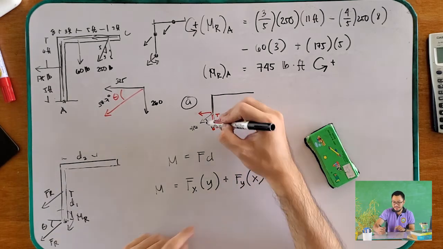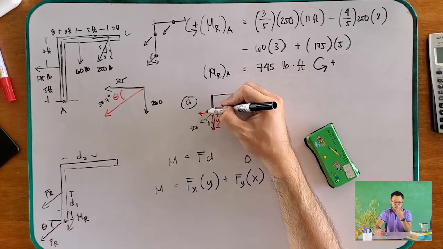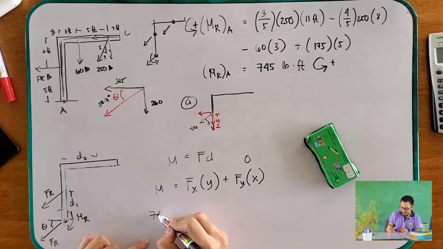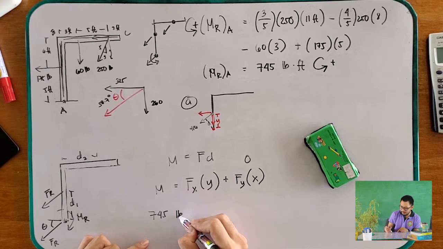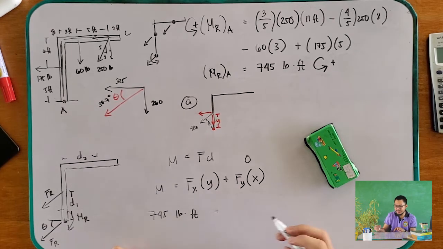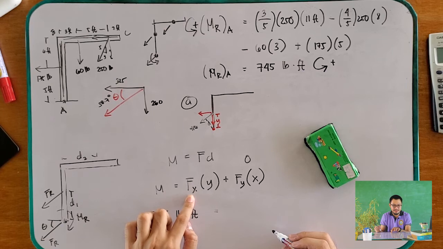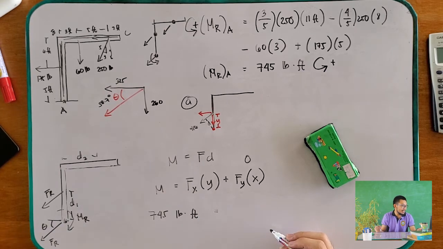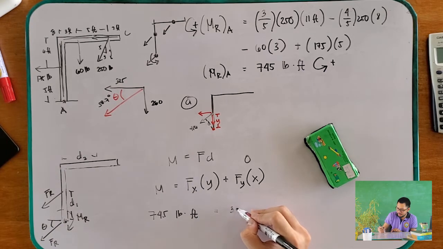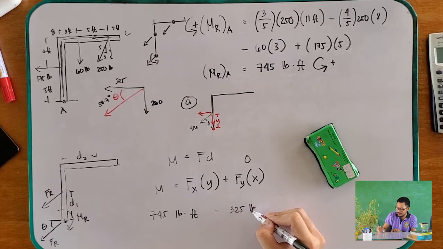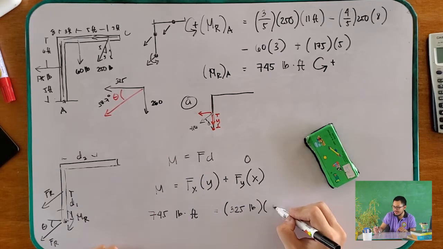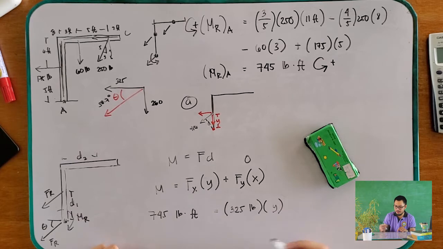We still have to determine y, and we already solved the x component previously. 745 pound-foot is equal to your Fx, which you solved earlier as 325 pounds. Now you are looking for y, which is unknown. So therefore, your y can be solved and you'll get a value of 2.29